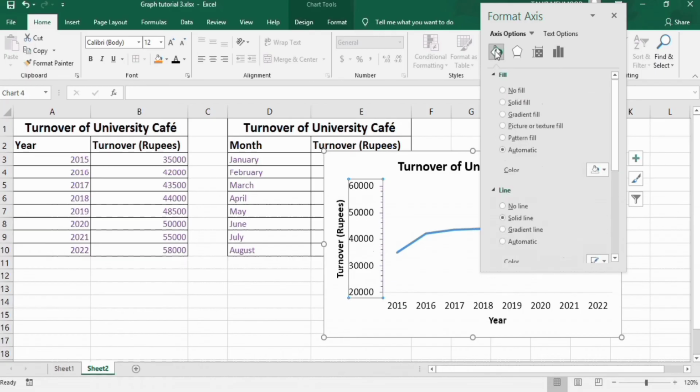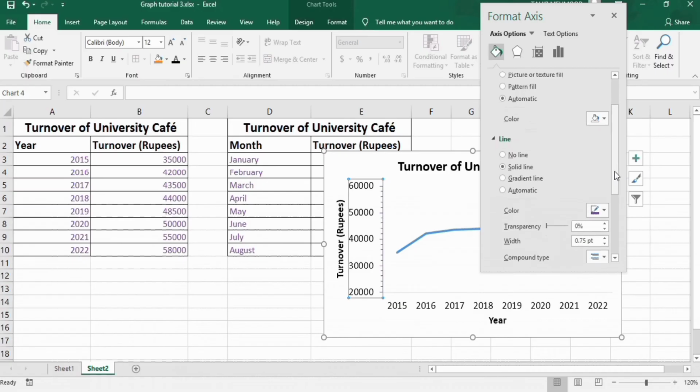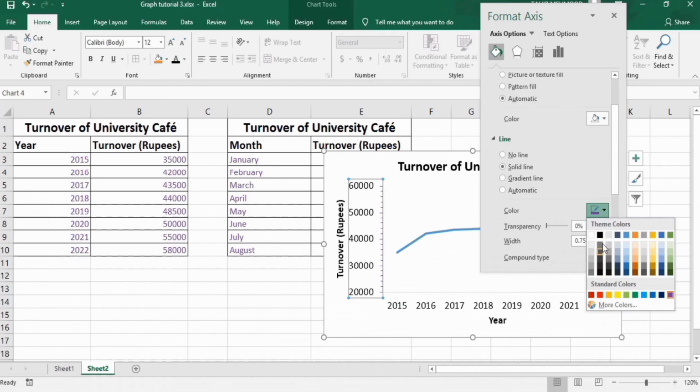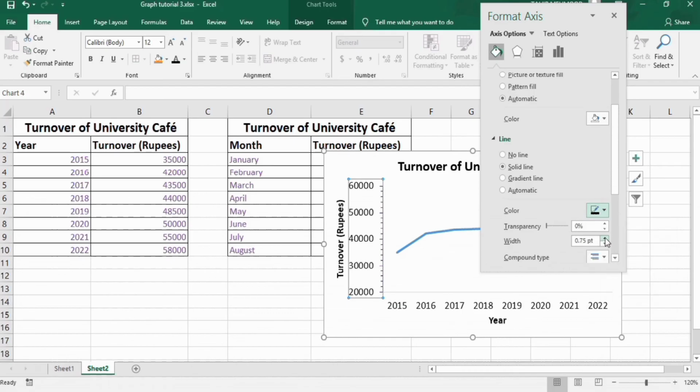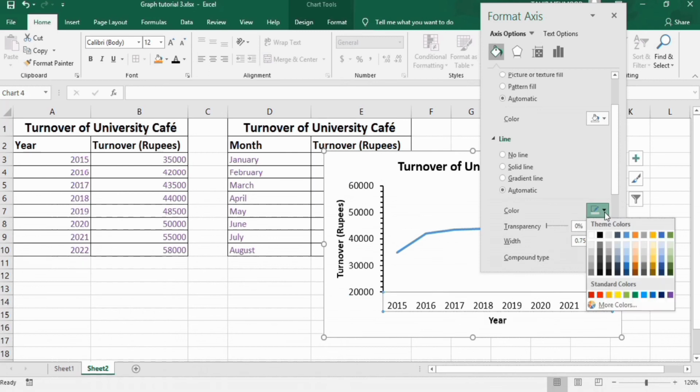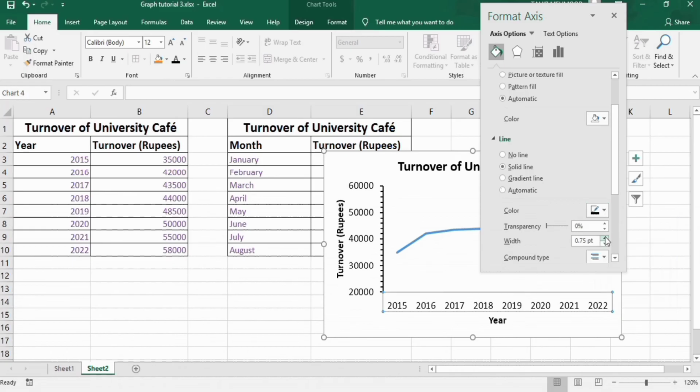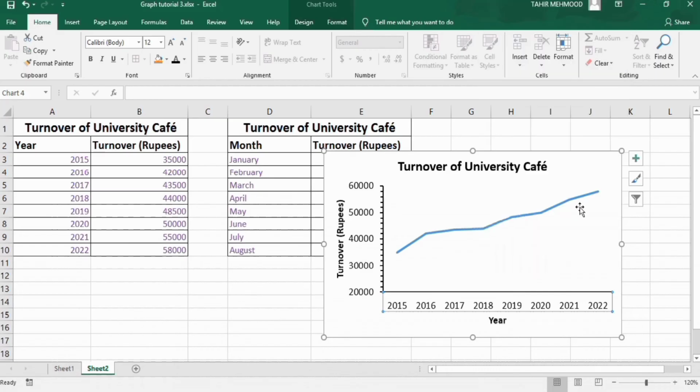Now go to Fill and Line option and you can see here I want a solid line. I have selected this one and I will change its color to black. You can change the width from here. Similarly, you can select this one and you can change its color to black and width 1.5. Now you can see we have completed this formatting, and if you want to format this line, click on it,